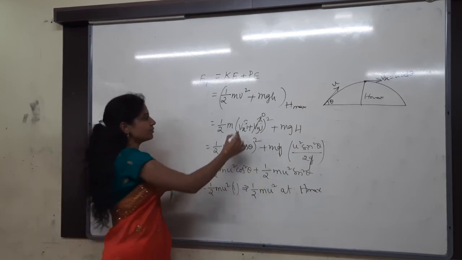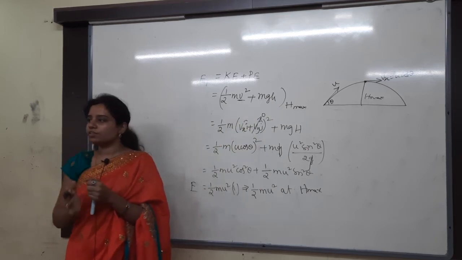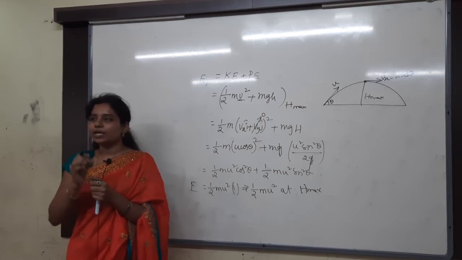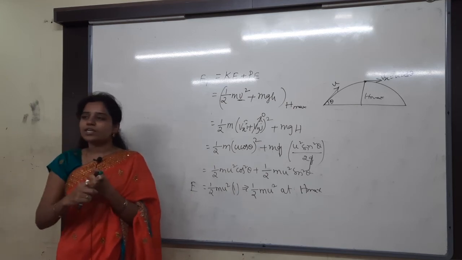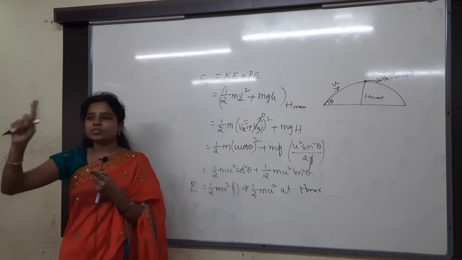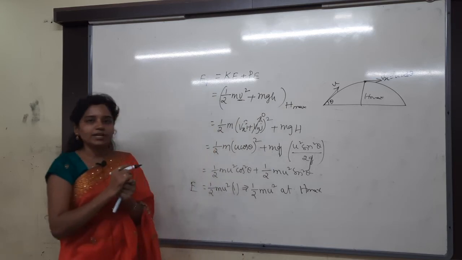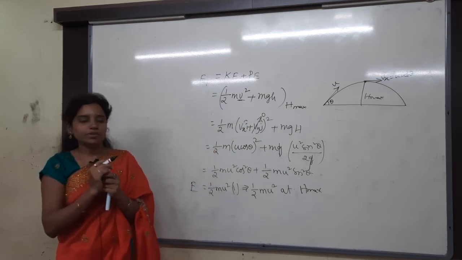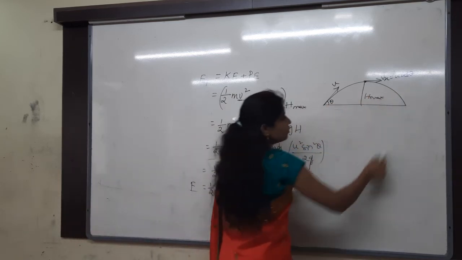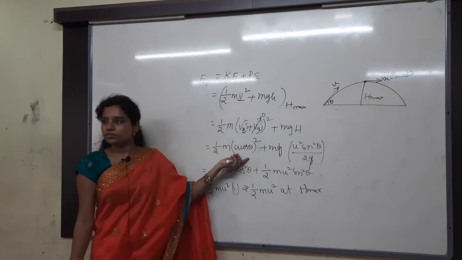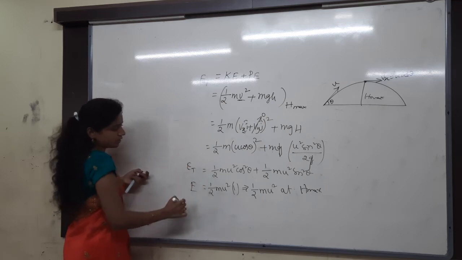Most of the people might make the mistake here itself. Taking V, you don't know how to take the V. You have taken directly V square only. You have to understand what happens to that V. At maximum height, wherever it might be, we have two velocities. One is Vx, another is Vy. Vx is constant always, we already know that. Vy changes. At maximum height, Vy becomes 0, then only Vx will be there. What is the Vx value throughout the motion? U cos theta. Substitute that U cos theta, that's it. Okay, you understand, right, everybody now? This is the total energy at the maximum height.